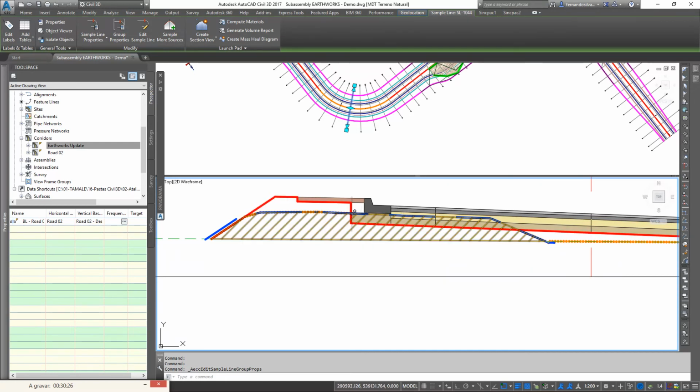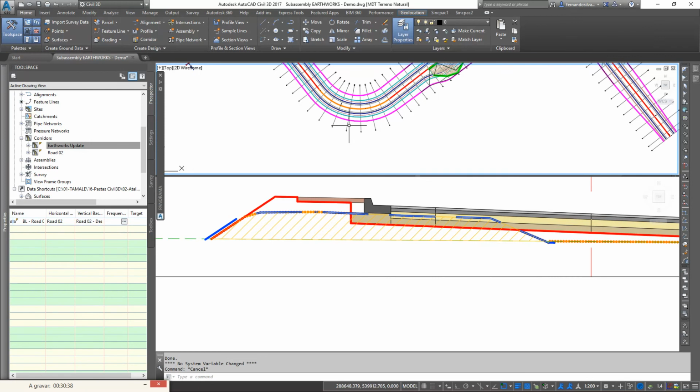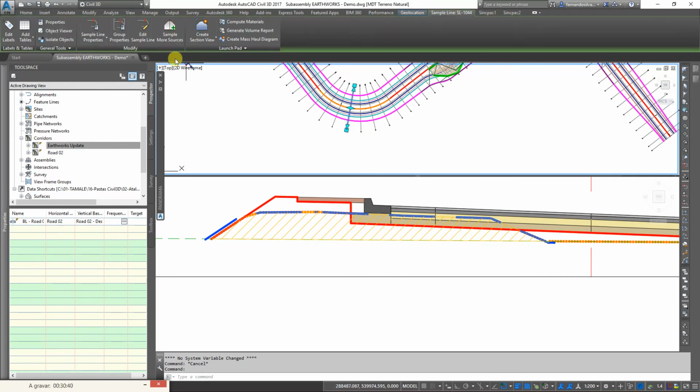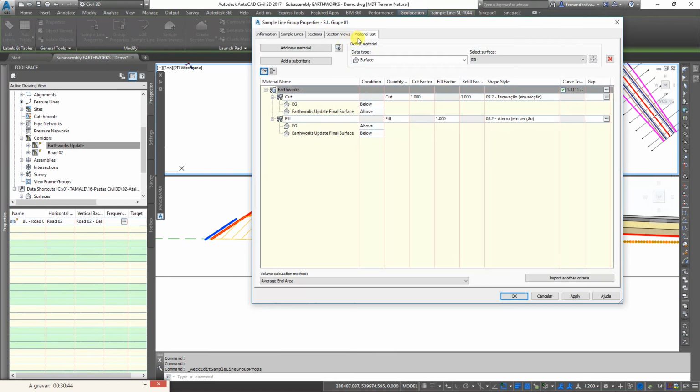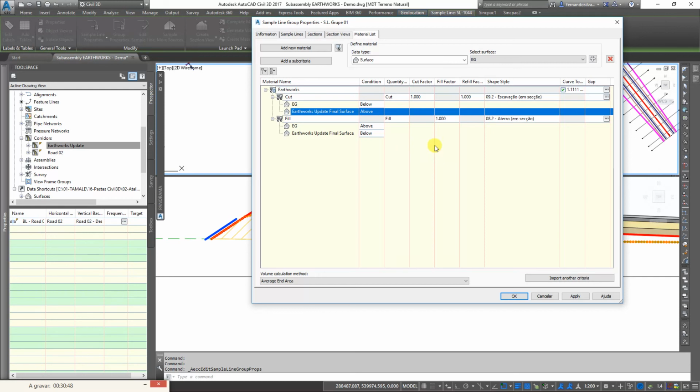So this area here should not be considered. How can we solve this? Actually, it's pretty simple. Let's go to our material list again, group properties, and we can do this by adding the design line to the calculation. So let's pick our